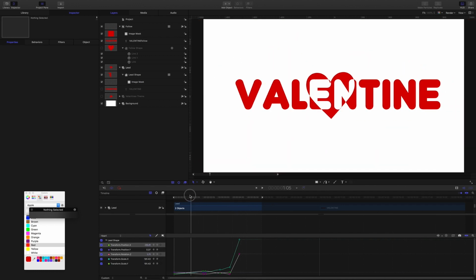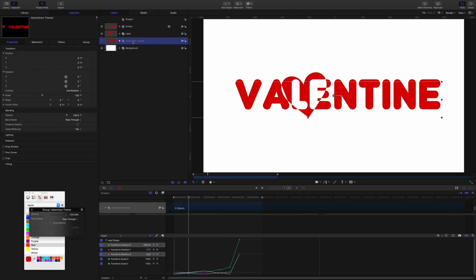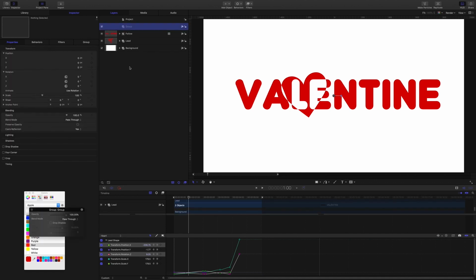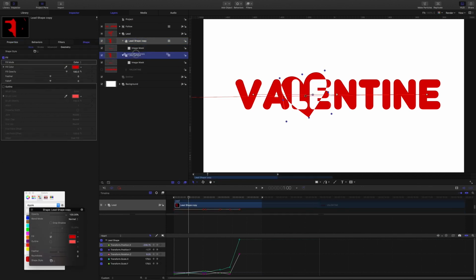Let's add that emitter element now. So I'm going to just close up these groups, and I'll actually delete that whole group there. Alright, I'm going to add a new group, and just call this group the emitter. And I'm going to come back into the lead group and grab that lead shape and duplicate it and drag that into our emitter group,